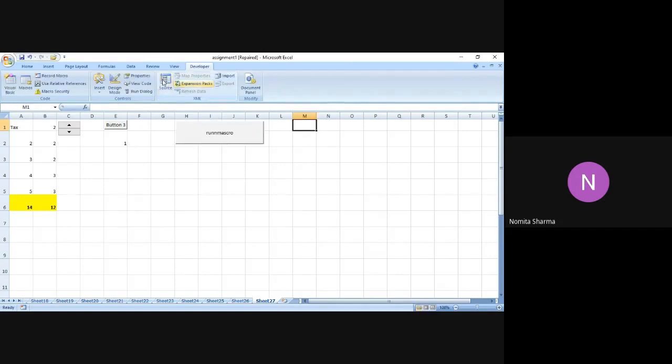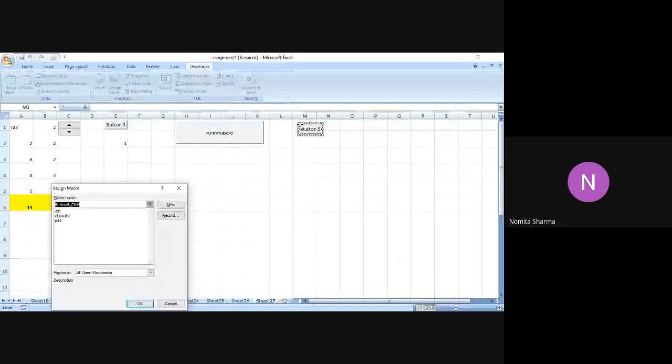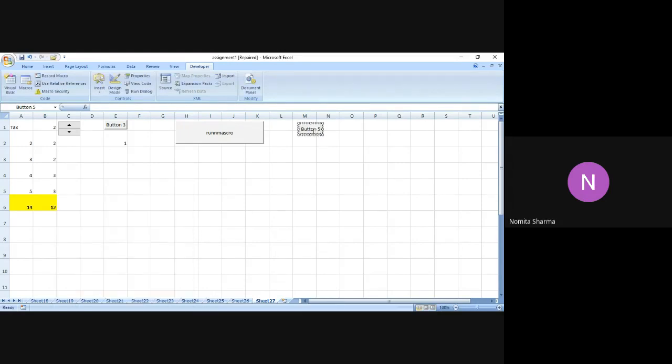So I go to developer, insert, command. I go to the button option, and I will simply write this. And here I have to assign it, because normally naming of a command button is done after we assign a macro. So this time I assign pet to this particular macro, and I can change the name also. I can say run pet macro, and then I say okay. So this button is ready. So let me click on